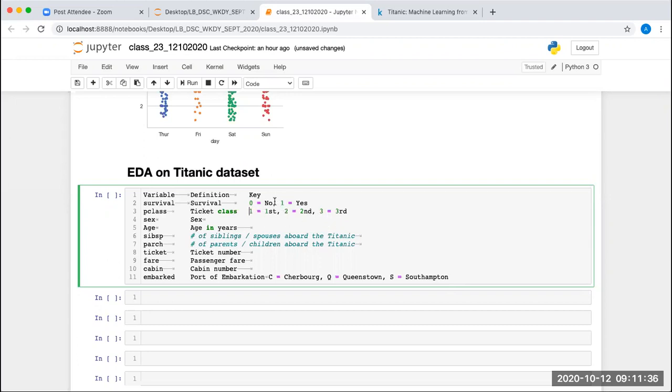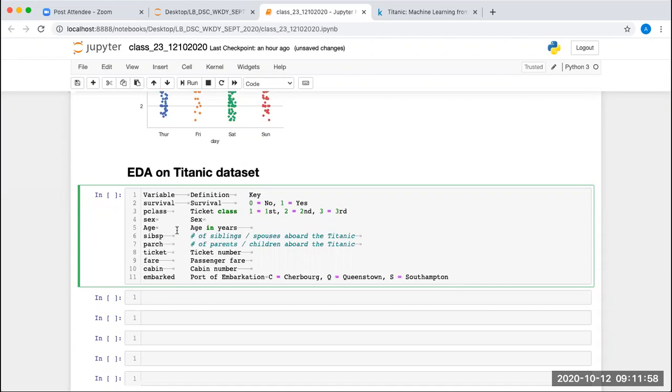So this is a categorical column. Both are categorical. Sex is also categorical. Age in years is going to be the numerical data. Now in this sex column, you will have male and female, only 2 values. Now SIB SP is sibling or spouse.